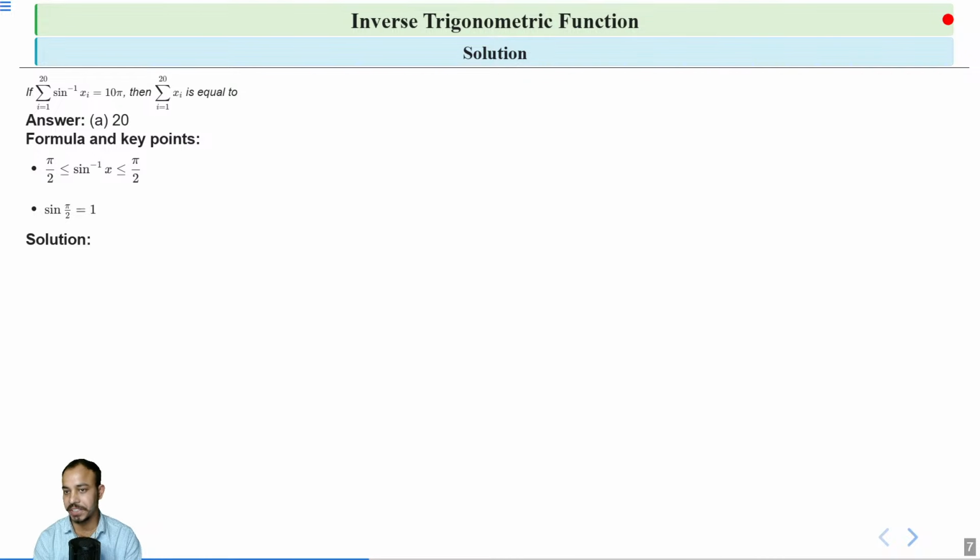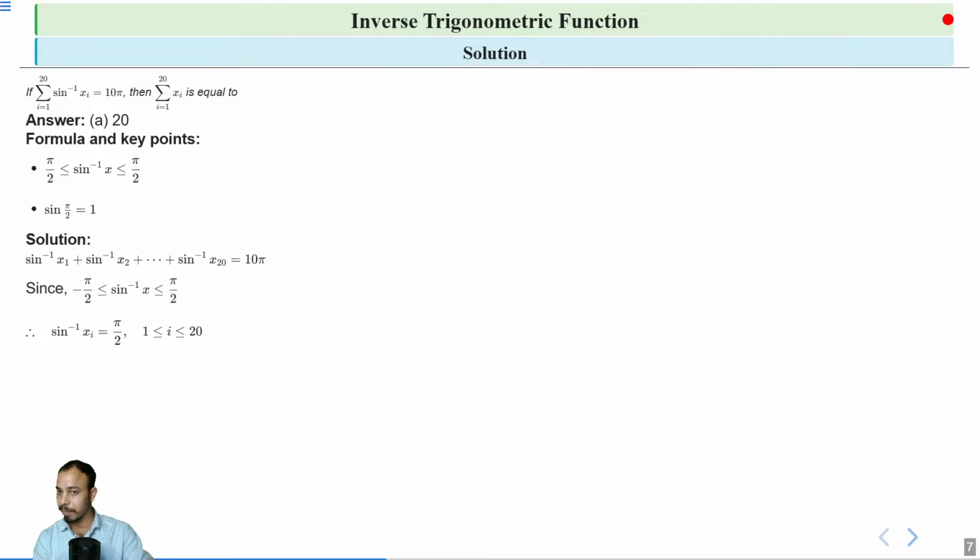Now let's solve this question step by step. So focus here. Here sine inverse of x1 plus sine inverse of x2 plus dot dot dot plus sine inverse of x20: basically we have expressed the summation from i equal to 1 to 20 of sine inverse of xi this way, and this is given to us as 10 pi. Since we know minus pi by 2 is less than or equal to sine inverse x, which is less than or equal to pi by 2, we can get sine inverse of xi is at most pi by 2,